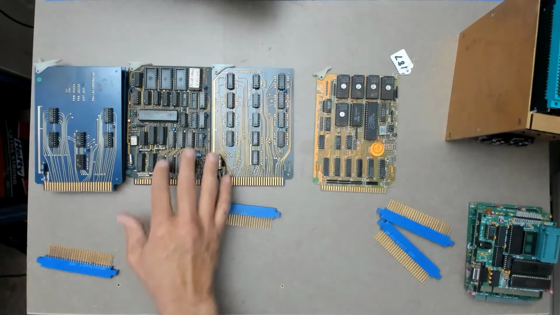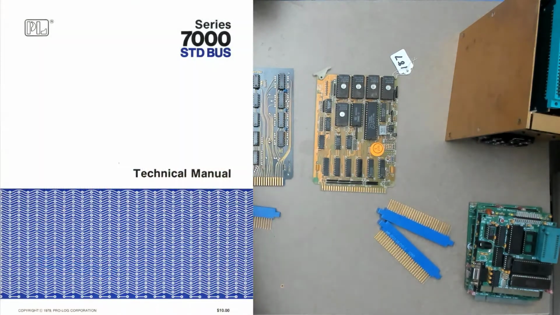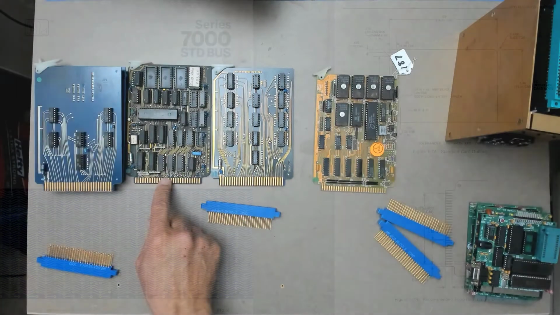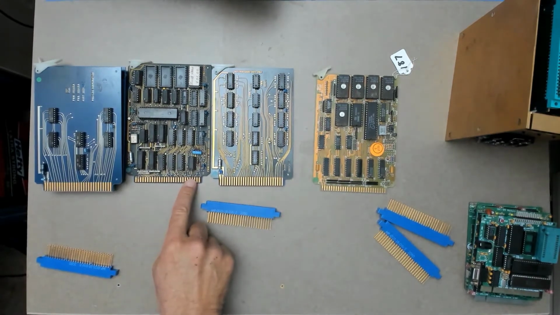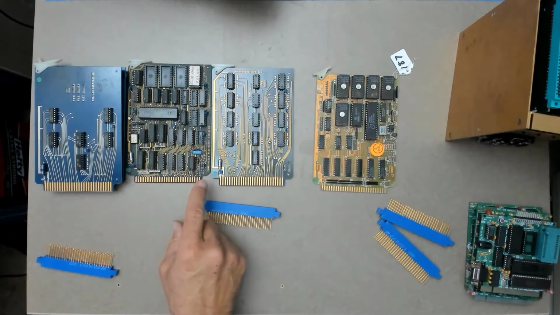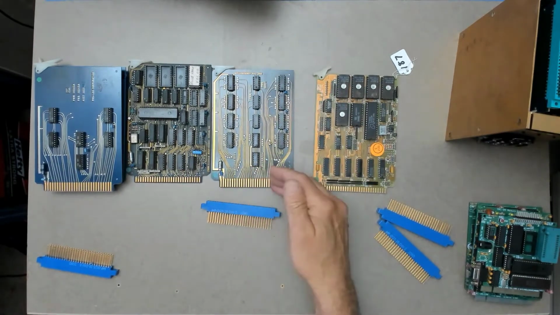As I mentioned earlier, the collaboration began in the spring of '78, and things moved really quickly. I just don't think there was a lot of complicated technical decisions to be made. The basic premise was that the cards were going to have the same physical properties of Prolog's existing board products, so 4.5 by 6.5 inch cards, 56 fingers on both sides, 1/8 inch centers. But for the STD bus, the bus fingers were going to be reserved exclusively for bus use. So any external or board-to-board connectors were going to be on the opposite side of the card than the backplane.